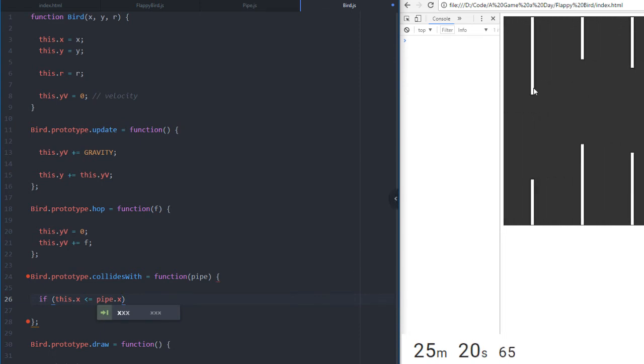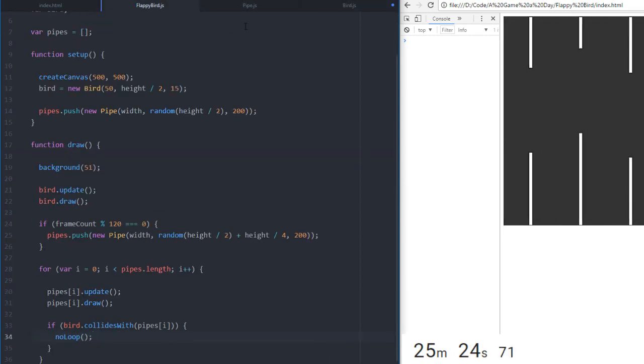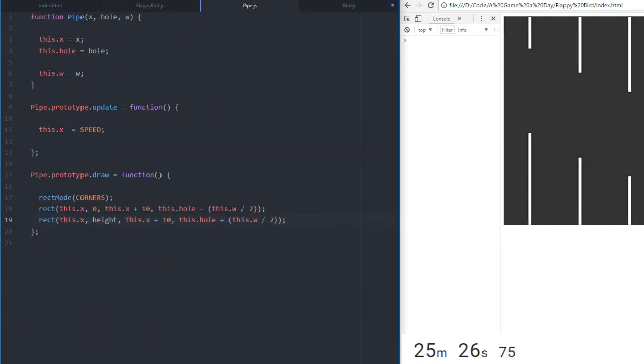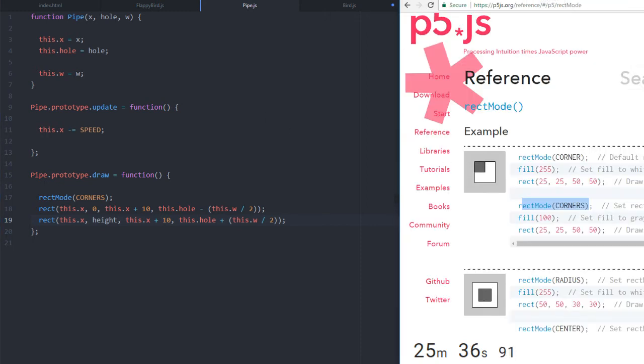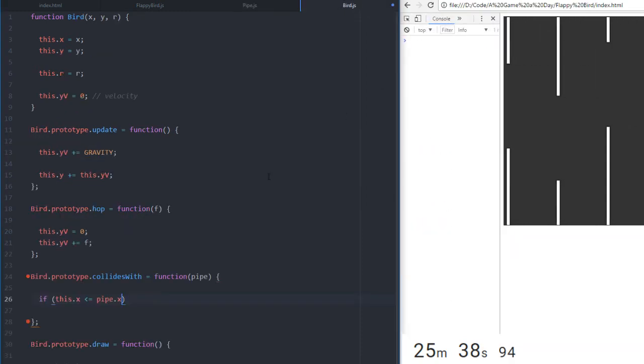So if the x, I'm pretty sure the x is, what is the x in relation to the pipe? This.x plus 10, so that's this point, which I think will be good. So if it's less than or equal to that,